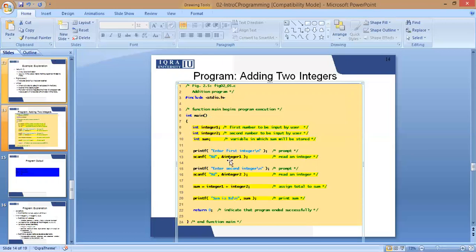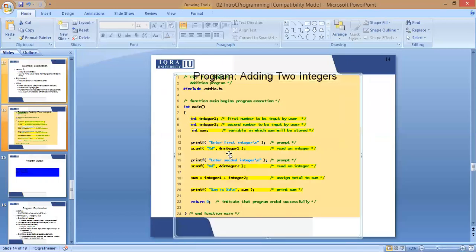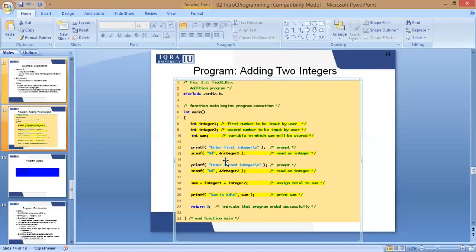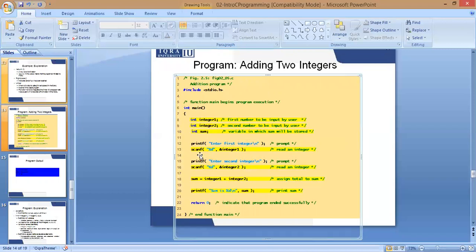That is my hard-coded input. And if I require an input from the user, that input will come under the scanf statement. With the scanf statement, what is the syntax of the scanf statement? %d within the double quotes. What does %d indicate over here? %d over here indicates that some integer value has to be taken from the user.